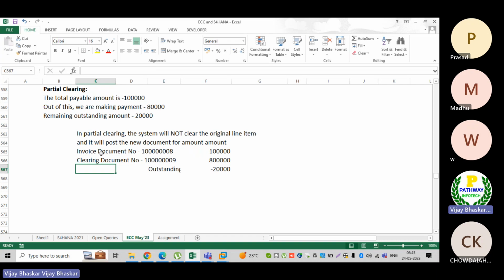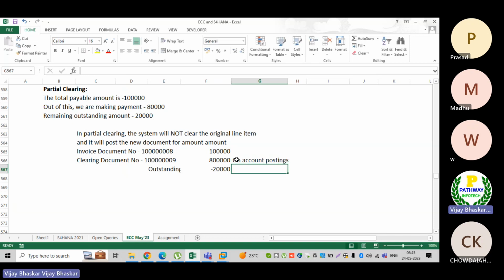The invoice document does not clear at any chance. For the 80,000, the system will post a clearing document, which will hit directly the GL account, vendor or customer account. So it's an on account posting.